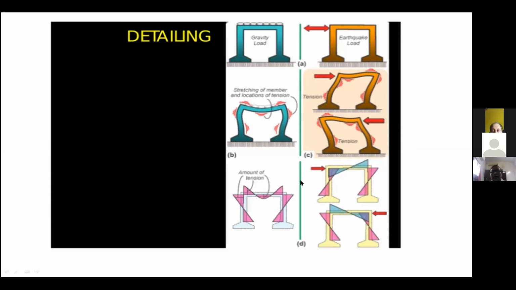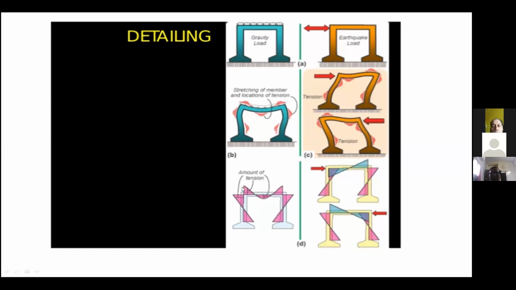Now, look at the portal frame, explained in a simple portal frame. You have one beam, two columns, and a foundation. The gravity load, you know, is nothing but some sandbags put on the top. So the slab load, or the dead load and live load, is simulated. Now, whenever you do the structural analysis, you are going to get the bending moment. The bending moment diagram is shown in pink color.